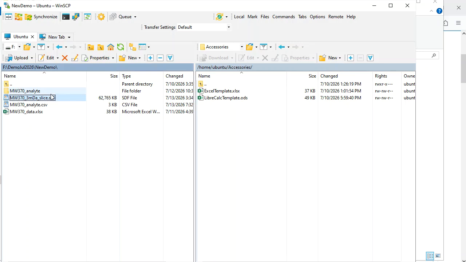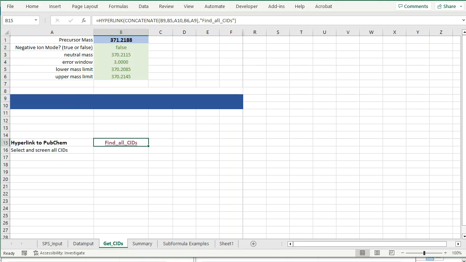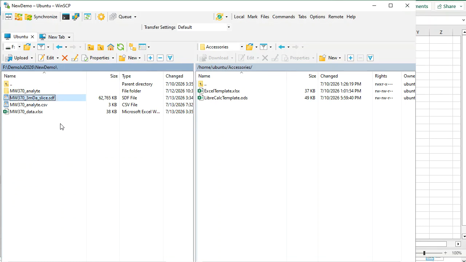So now we have the Excel file, which I should save. And we've got the CSV file, the same one that we created with the transform, and the SDF file, which